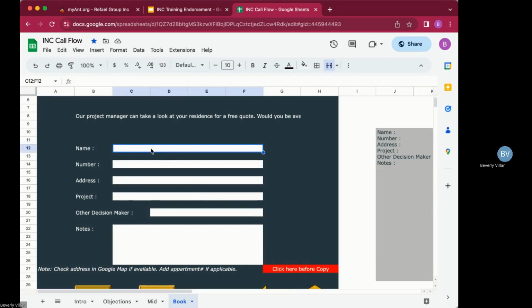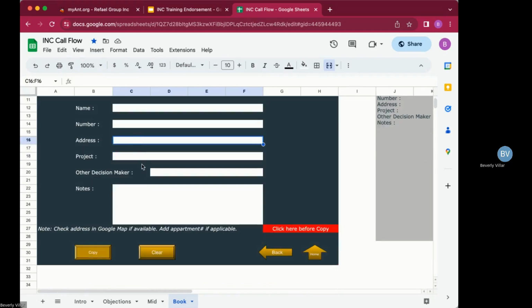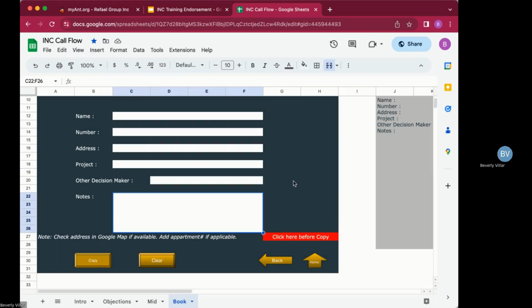So fill out the name of the person you're speaking with. That should be the homeowner, the phone number, the address, the project, other decision makers involved, such as the spouse, sibling, or parents, and of course, details in the conversation that we should send to the project manager. So, for example,